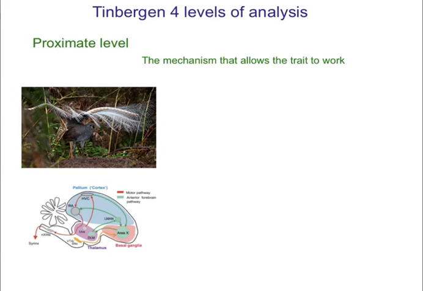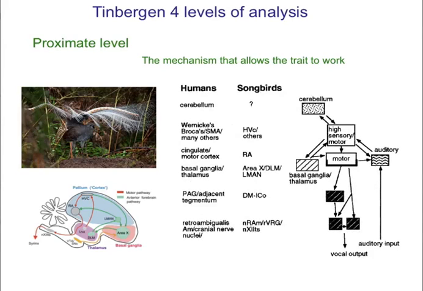So in the case of song learning in lyrebirds, well, let's think about the neurobiology. We know a lot about how humans have different parts of the brain that are dedicated to different functions, whether it's understanding the sounds that come in when we hear spoken language, and then comprehending that, or different parts of the brain that are involved in the production of language. And there's a network that is involved with human language. So that would be a mechanism for how humans produce language.